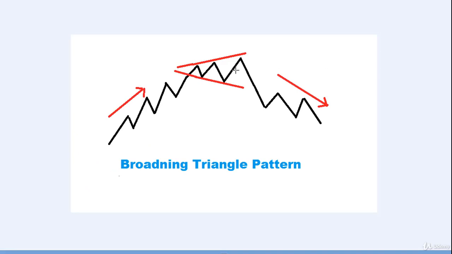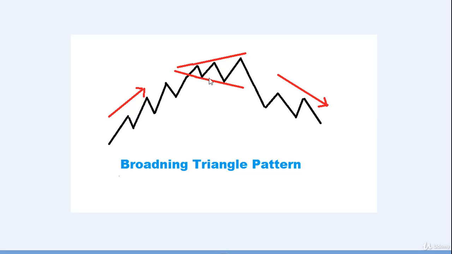Broadening triangle patterns appear much more frequently at tops than at bottoms. They are assumed as the top reversal pattern and have bearish implication. A broadening triangle pattern is a powerful reversal chart pattern which occurs frequently in the later part of an overextended bull rally. It consists of three successive peaks, each higher than the previous one. The peaks can be 3 or 4 in some cases.